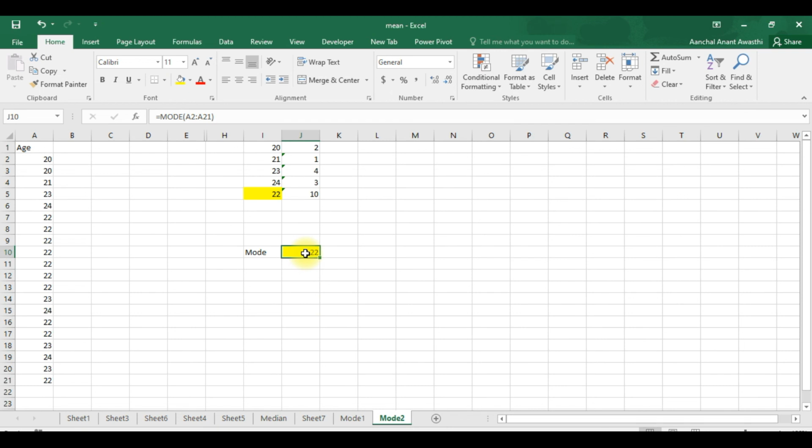It is very easy to calculate mode. We can directly use the function mode, and if we want to know how many times this modal value occurs, we can use this approach. We can follow the steps for calculating mode. So in this way we will get the number of times our modal value occurs in the data set. So here 22, which is modal value, occurred 10 times in our data set.